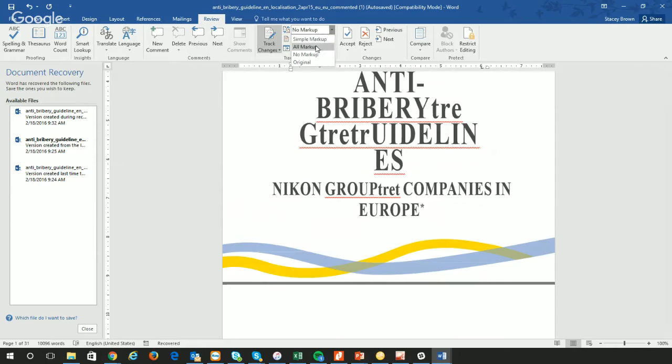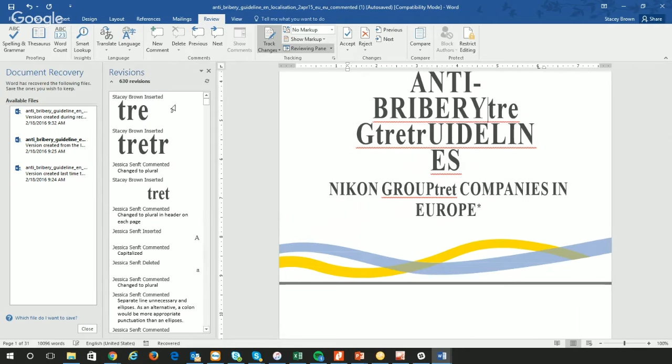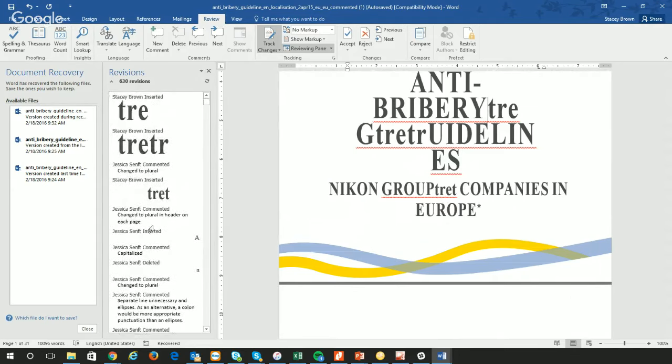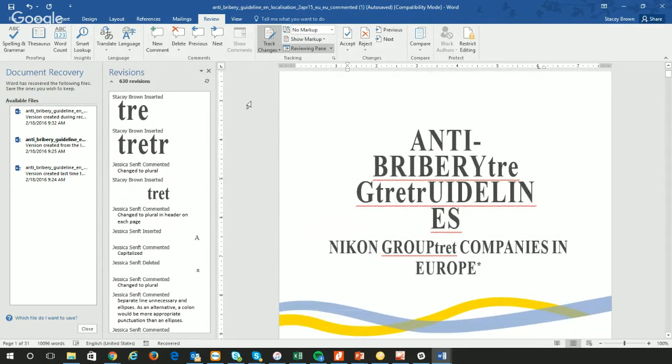But this drop down just has to do with the view you're looking at. It doesn't really reflect what is actually going on. Once this button is on for track changes, you are tracking everything that you do on this document. So it makes it really handy. See, and here I can follow through everything that was done by either me or the other proofreader. So you have to know how to do this.